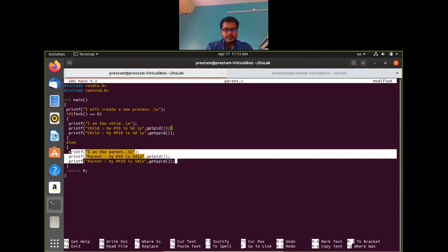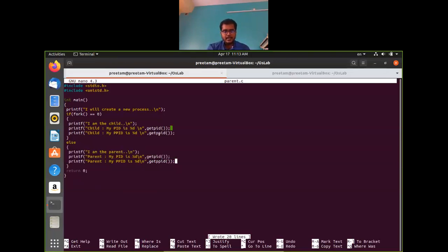So let us save this. Let us exit from this. Before executing, what will happen if you run this program? The child process should give its process ID, right? And whenever the child process prints the parent process ID, it should match the parent's process ID.